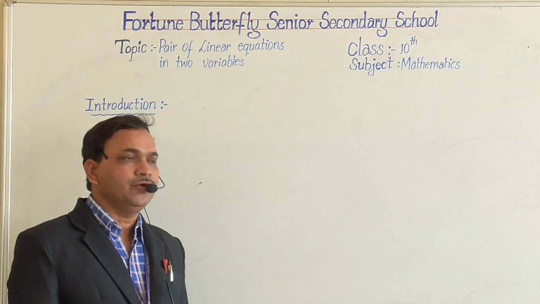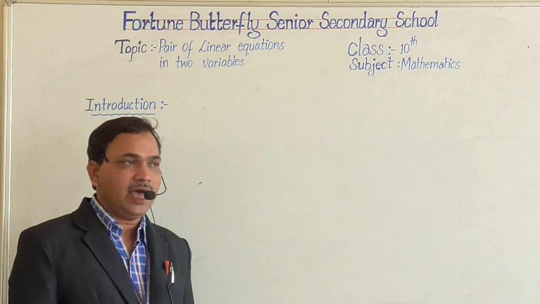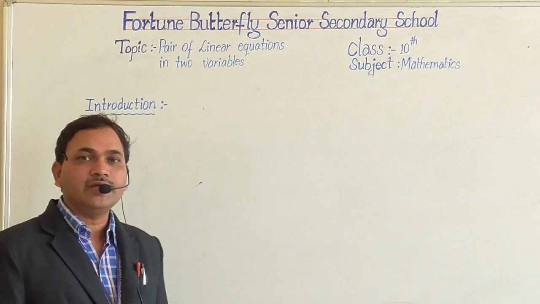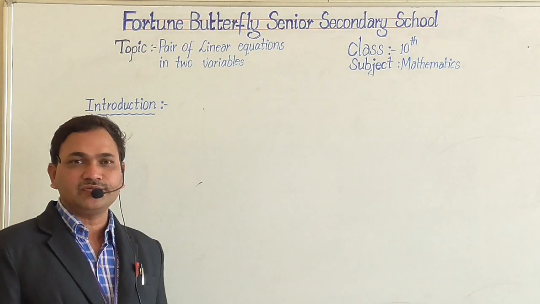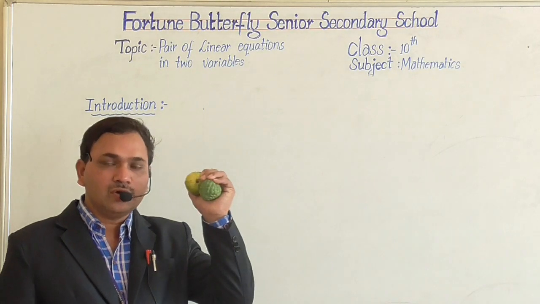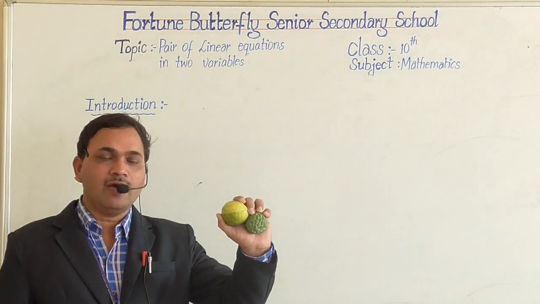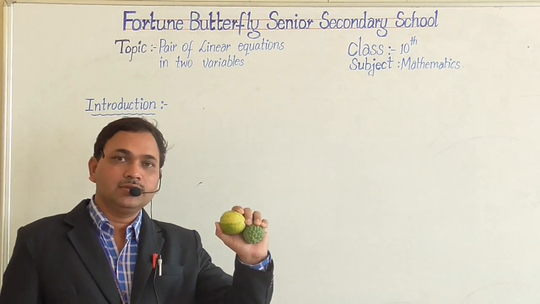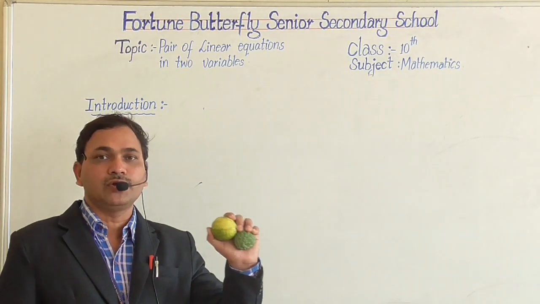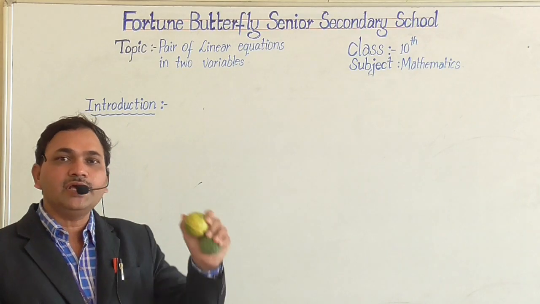Suppose you go to the market with your friends and family. I am going to the fruit market and I observe all the fruits. But I am interested in only two fruits. The first fruit is orange, and the second fruit is guava. I have taken these two fruits, and the shopkeeper gave an expenditure of 12 rupees. But we don't know the values of these two fruits.